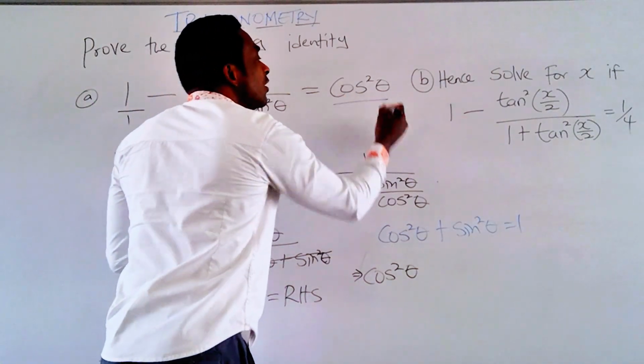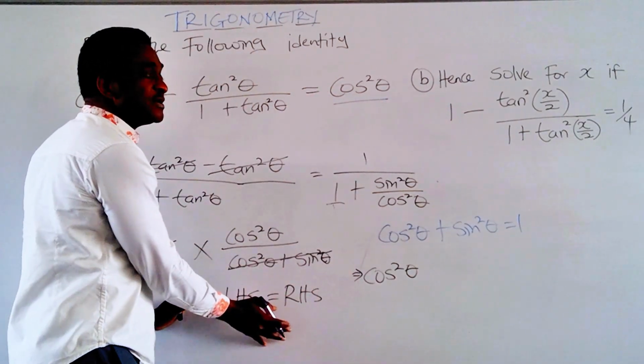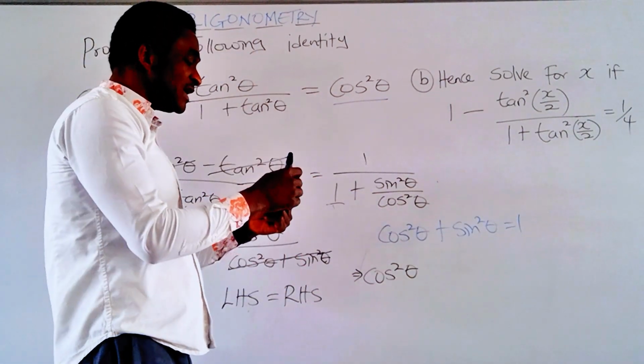This becomes the whole of it because this is equal to this. And we have proven that. So no need to start simplifying that again. So from